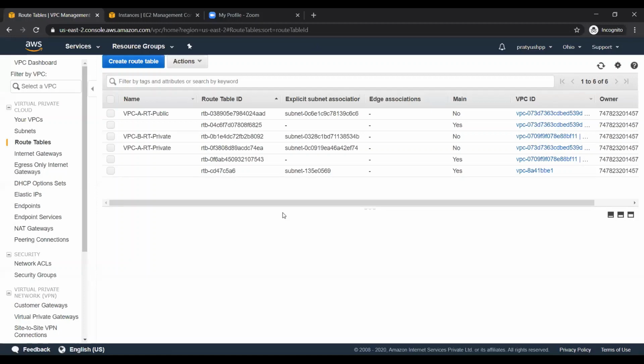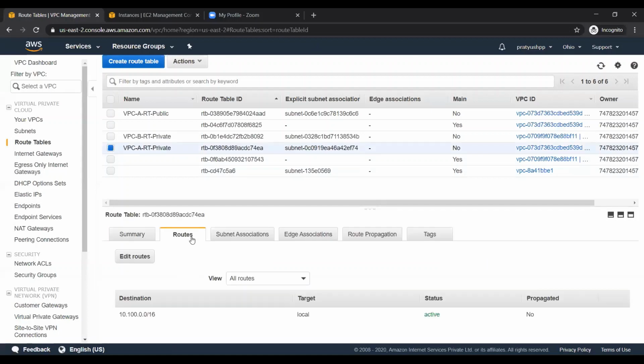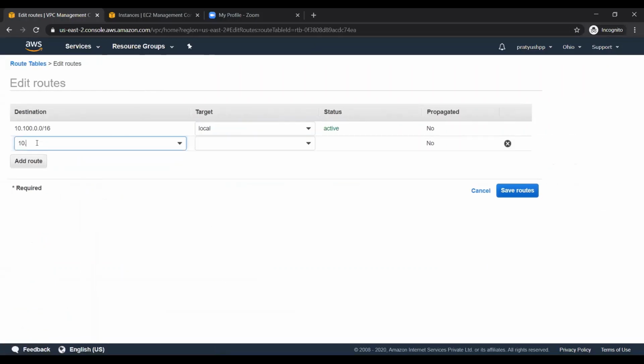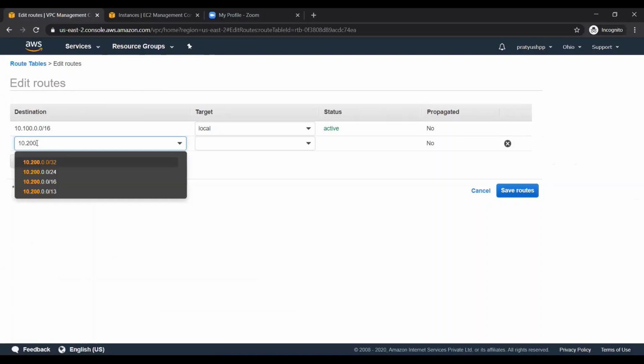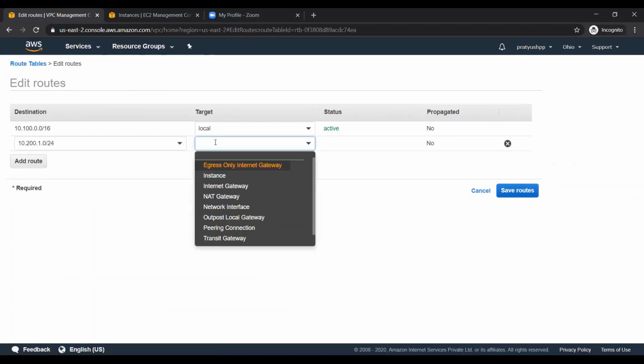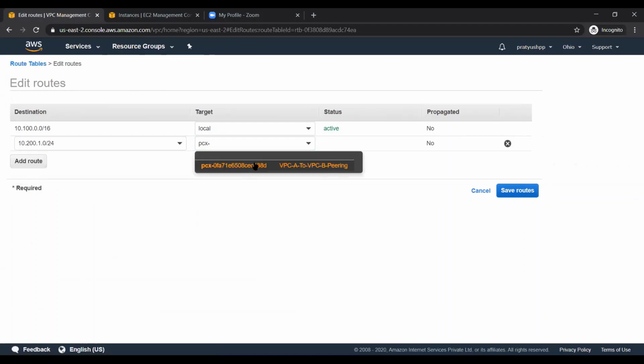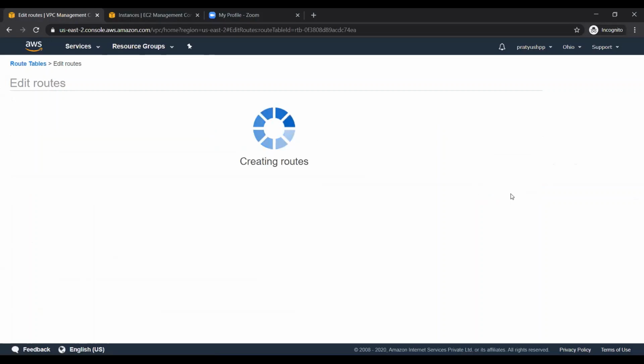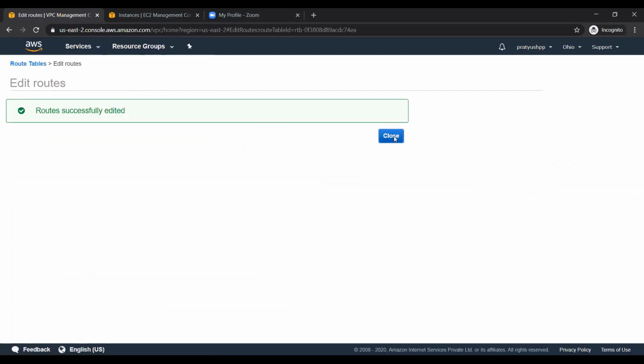So we'll click on the private route table of A. I'll click on route, edit route, and add 200.1.0.1.0/24, and the target is the peering connection VPC peer, and save. So this route is successfully edited.